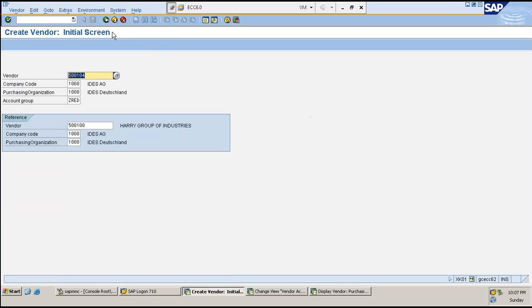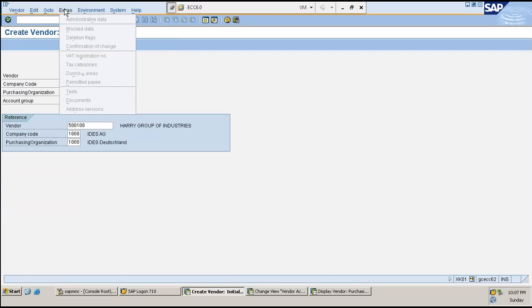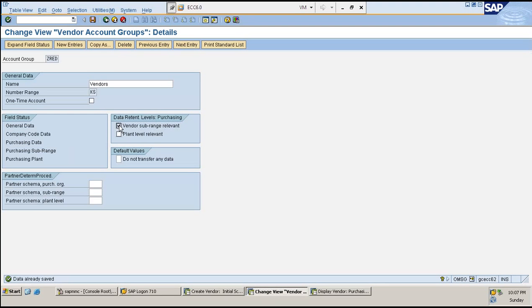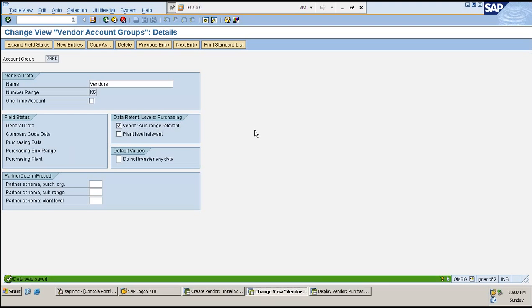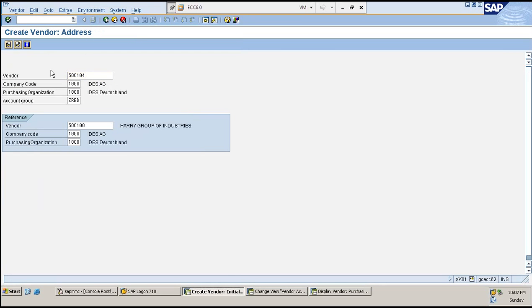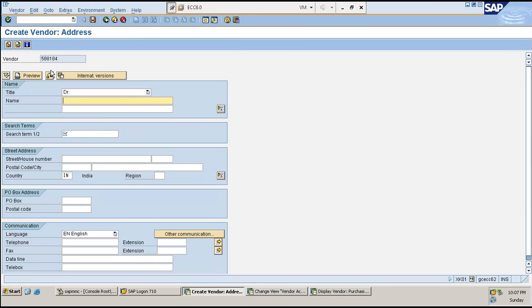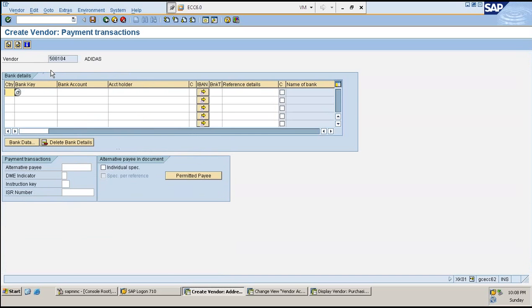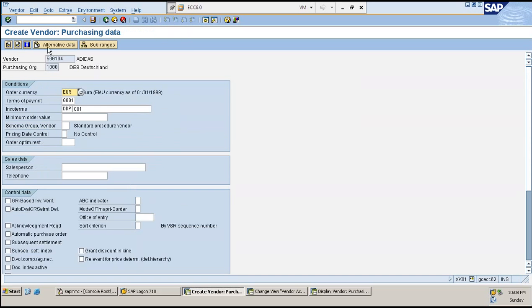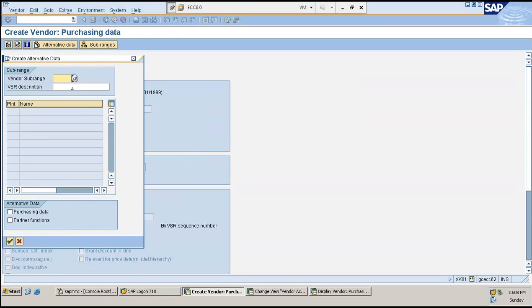So what happens now, for all this time we were trying to go to extras and purchasing data, right? Now I'll click on this vendor subrange. Okay, I'll click on save. Data was saved. Now see what is going to happen. Adidas. Okay, Adidas. Enter. It got replicated across. Everything is fine. It came over here. You see this? It's already readily available. Correct, right?